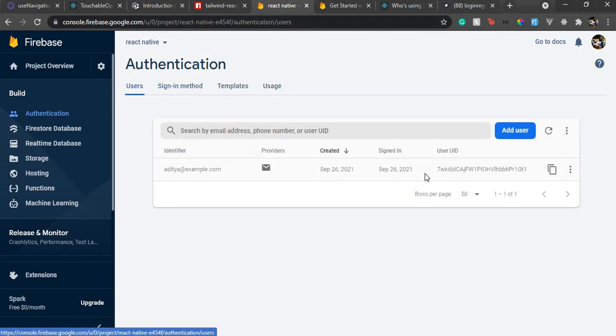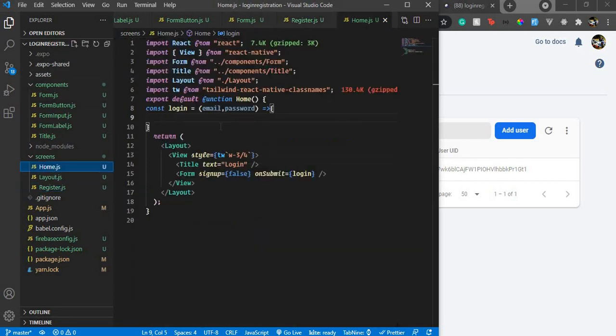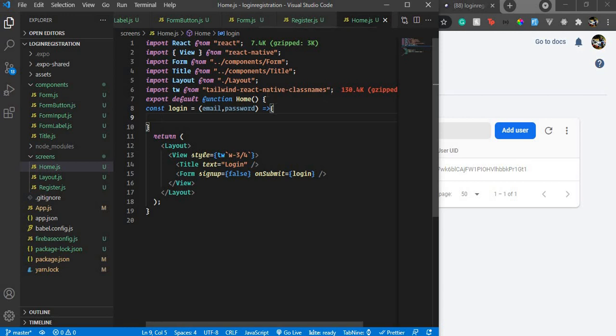So that's perfectly registered. Now the next thing we need to do is the login. Login is exactly similar, pretty simple. What we need to do is go to our home. Inside this login, just import Firebase. I'm just going to copy most of the code. So I'm just going to say import Firebase,